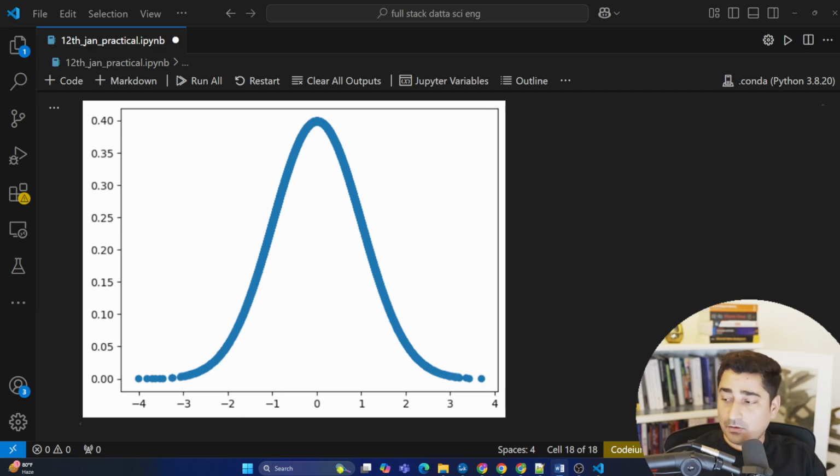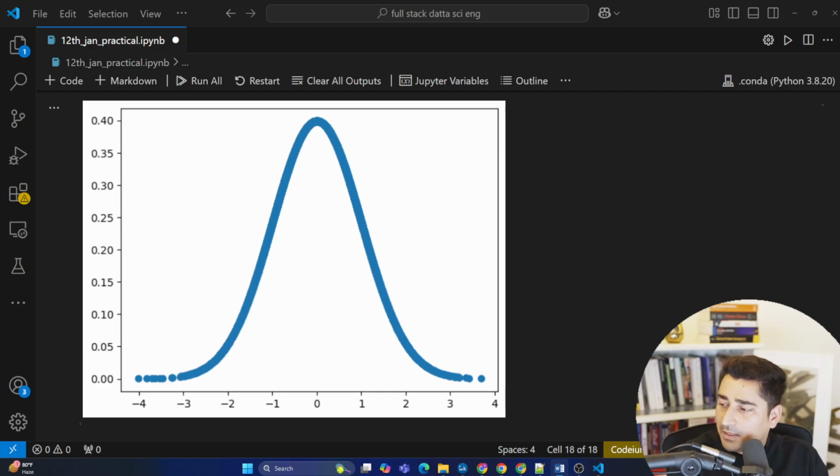Okay, so Andra is asking, can you tell me the importance of standard normal distribution? If a data set is falling under standard normal distribution, then you don't have to do any kind of treatment as such. Even if it is not just a standard normal distribution but is falling under a normal distribution, you don't have to do any kind of treatment. So your data is eligible enough for most of the algorithms, where you can send your data and start doing training, machine learning model building.